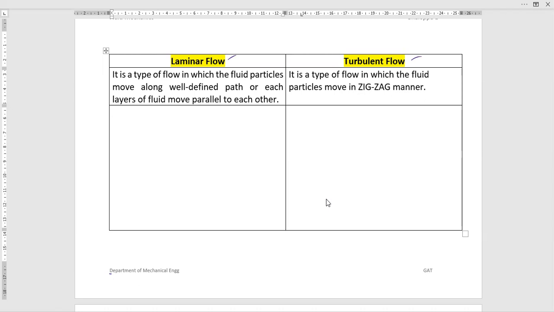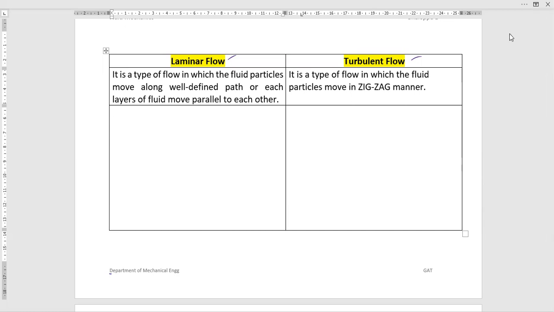And in previous video lectures, we discussed the different types of fluid flow like steady flow, unsteady flow, uniform flow and non-uniform flow, and also rotational and irrotational flow. The video lectures of these three types of flow are given in the description box. You can click on this link and understand the meaning of steady and unsteady flow.